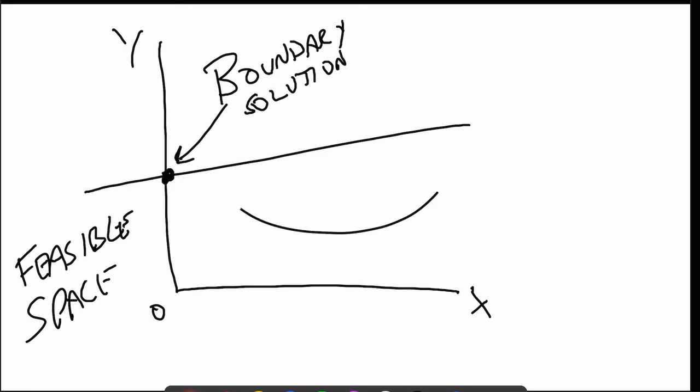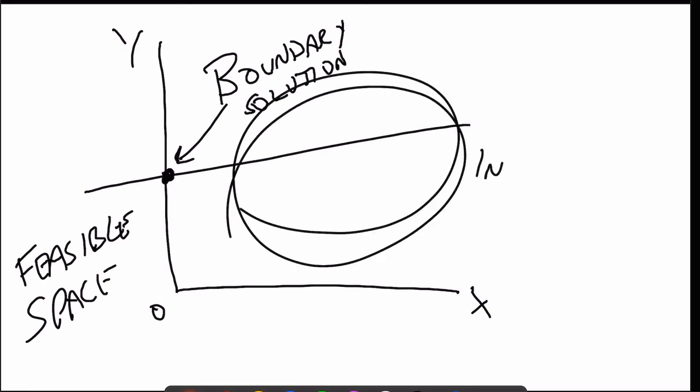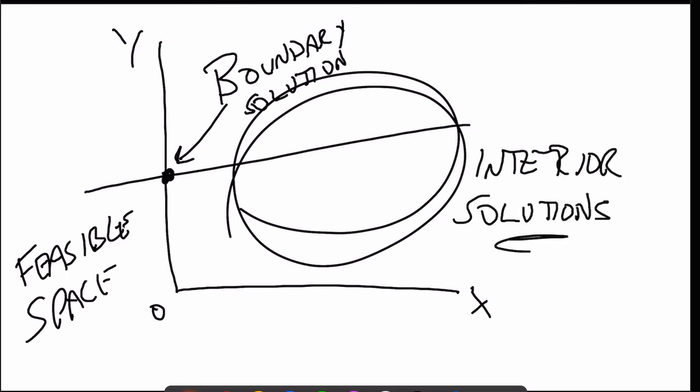And the rest of the ones, all the ones in here, are called interior solutions. Now here you are saying, why do I need to know this? Well, the answer is when we do these problems, we generally don't solve them the mathy way. Okay, and we'll get back